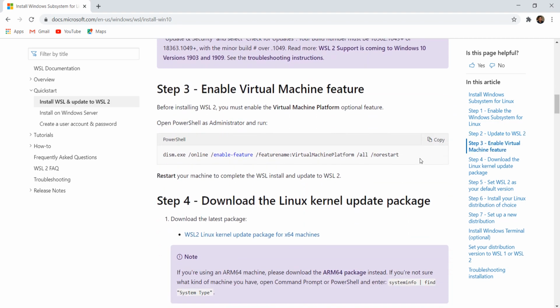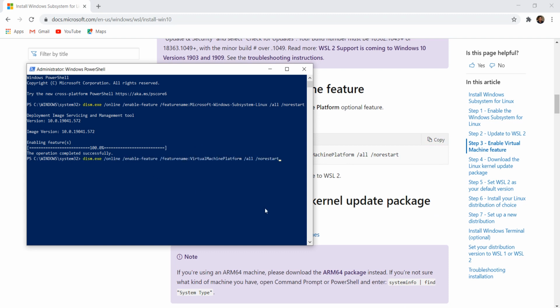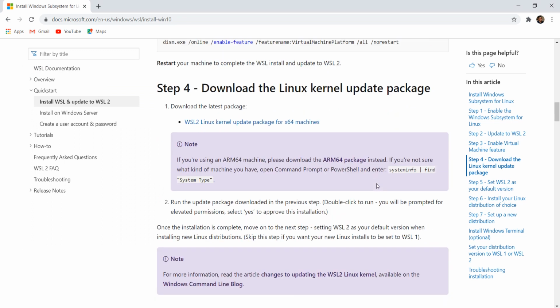The third step is to run one more command. Step 4 is to download this package and run it.